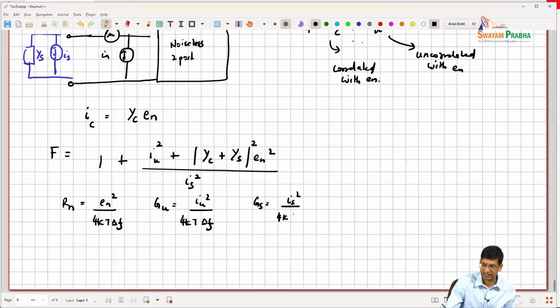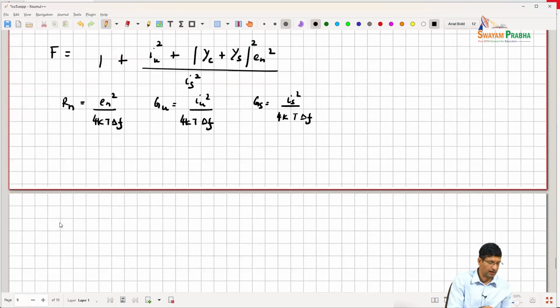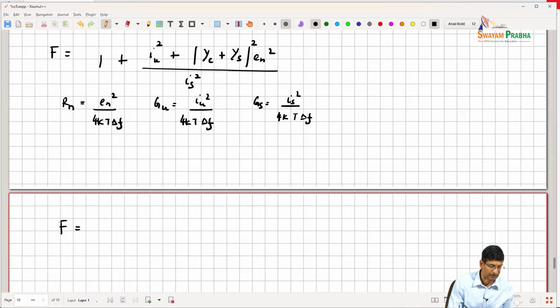So I'm basically representing all of these noise voltages and currents through equivalent resistances, right? And once I do that, and let's say that these parameters are available to us, what we can show is that the noise figure is given by this equation,